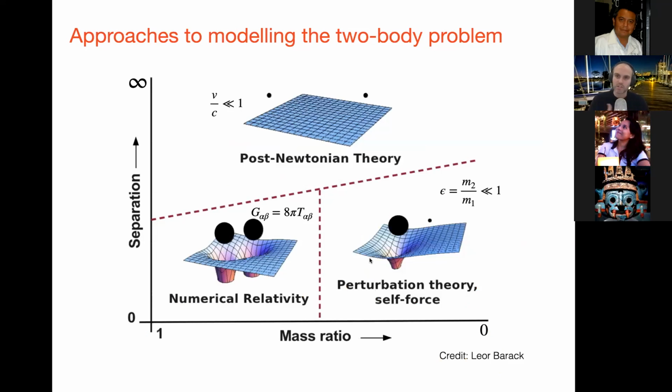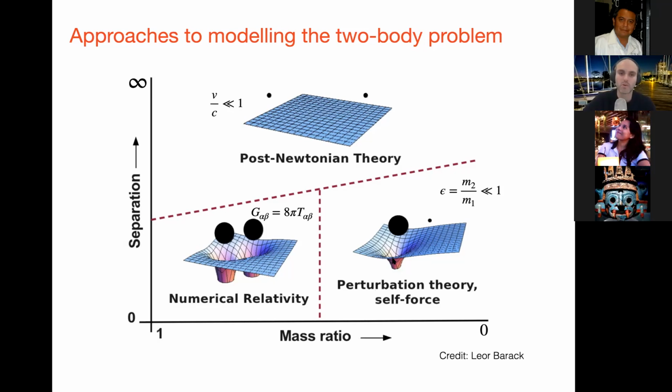So that's a little bit of motivation about why we want to look at small mass ratio binaries. I think there's lots of interesting science you can do with them. The question is, how do we solve, in general, the two-body problem in a general relativistic context? I'm sure many of you have seen this, but I will just go over it quickly. Generally, we think of different methods, and here I'm showing three of them.